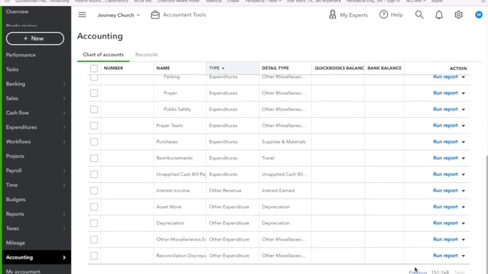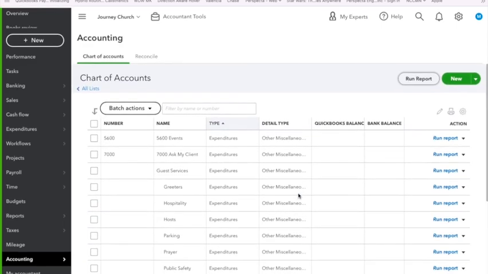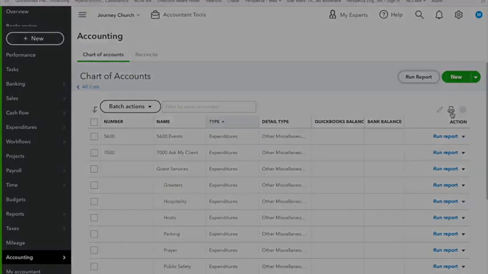You have a total of 168 accounts on the chart of accounts. This, of course, can be printed.